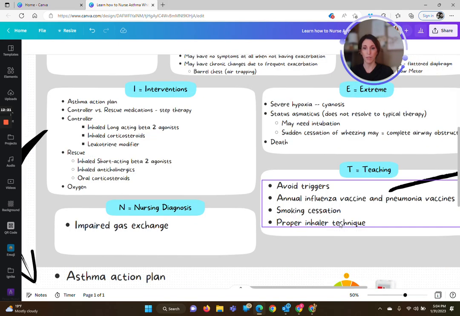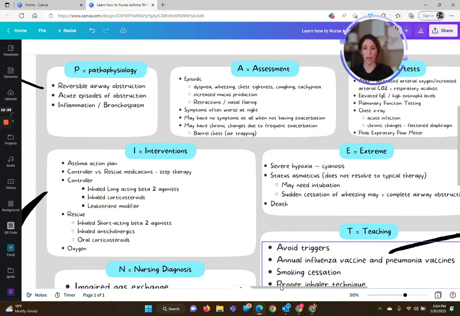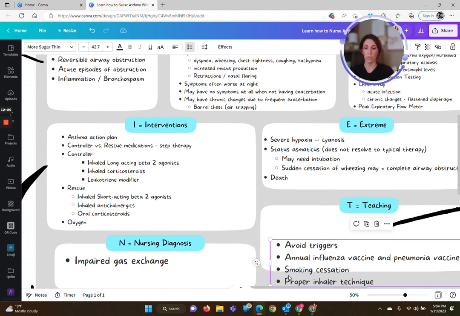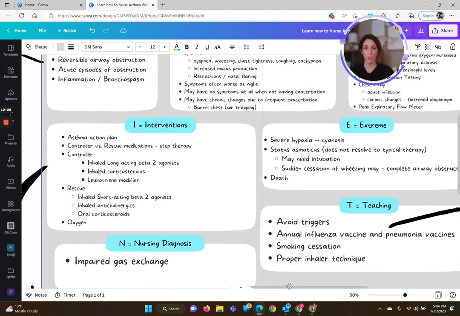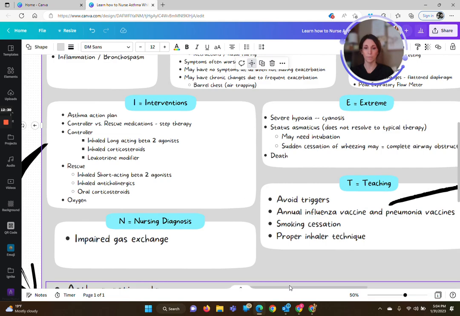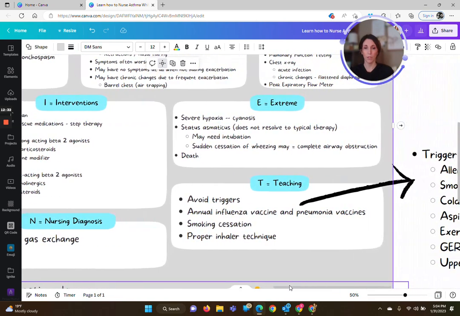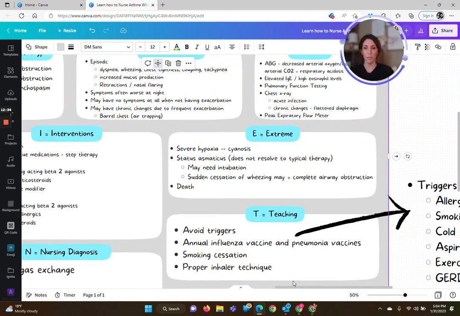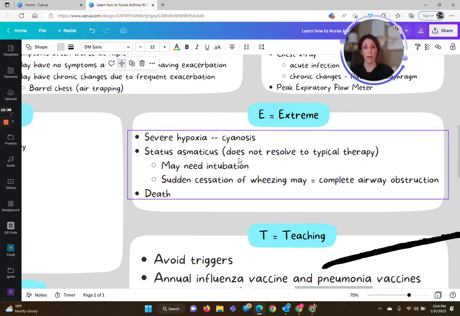Okay, that's our interventions we're going to do for patients with asthma. And then we'll move over here to extreme. So extreme cases are like severe hypoxia, so extremely low oxygen saturation or even blood oxygen levels, and we might see our patient might be cyanotic with that. And then something called status asthmaticus, which just basically means that they are having an asthma exacerbation that does not